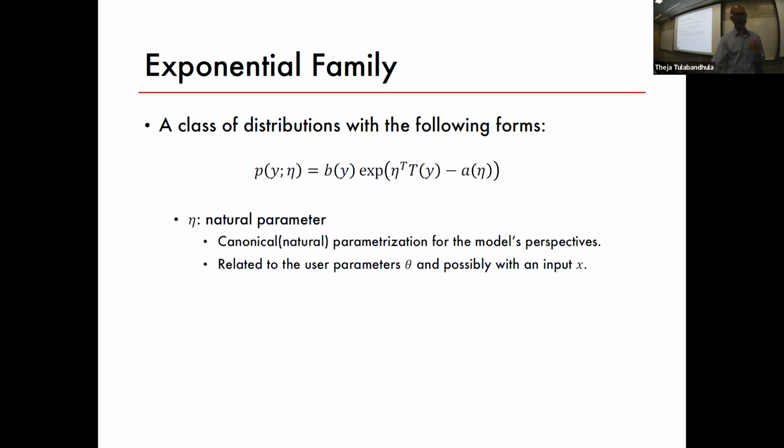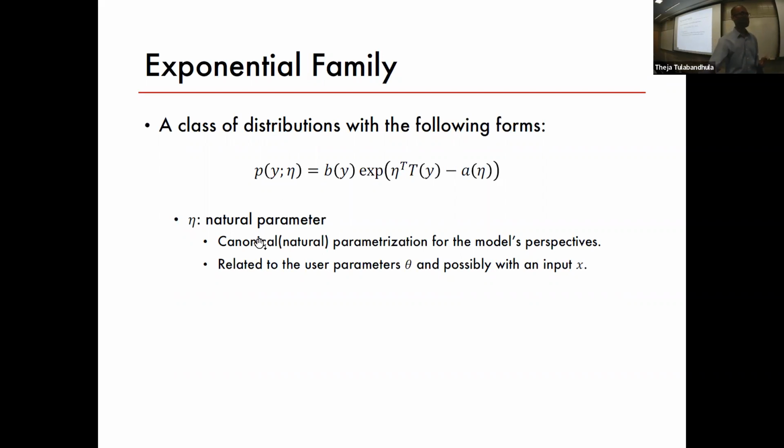I want to spell out some names here. Eta is called the natural parameter. Why the name natural? Because it may not be exactly the same parameter as the way we define it. For example, when we define the Bernoulli distribution, we ask what is the bias of the coin? If the bias is 50%, then the Bernoulli distribution has the parameter 0.5. That 0.5 is not exactly the same as the natural parameter. If you define the Bernoulli distribution in the language of exponential models, the eta will be slightly different. It's different from 0.5, but they are related, of course.